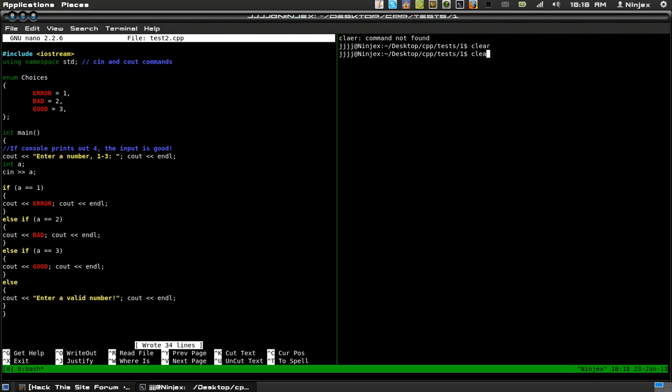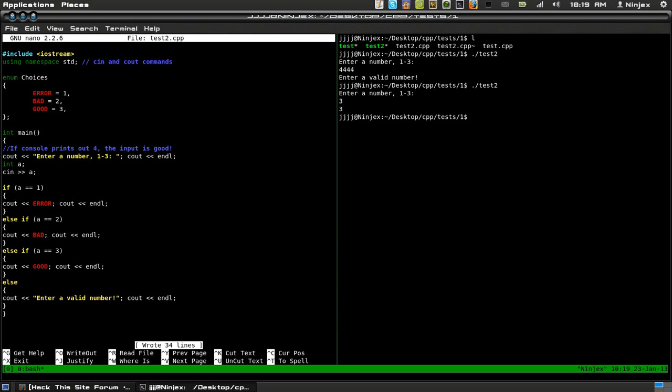So let's see if we did this right. You usually always get an error whenever you first try to compile your program for the first time. After you program a bunch of stuff, you usually get an error, but it's nothing we can't work around. So we're going to compile test2.cpp and we're going to output it to test2, and it says permission denied, and that's because I have to run a sudo, and that works. Yay. Let's run it. Test2, enter a number 1 through 3. Let's enter in a number that's not 1 through 3, and it says invalid number just as we expected it to. We'll try 3 now, and it prints out 3,